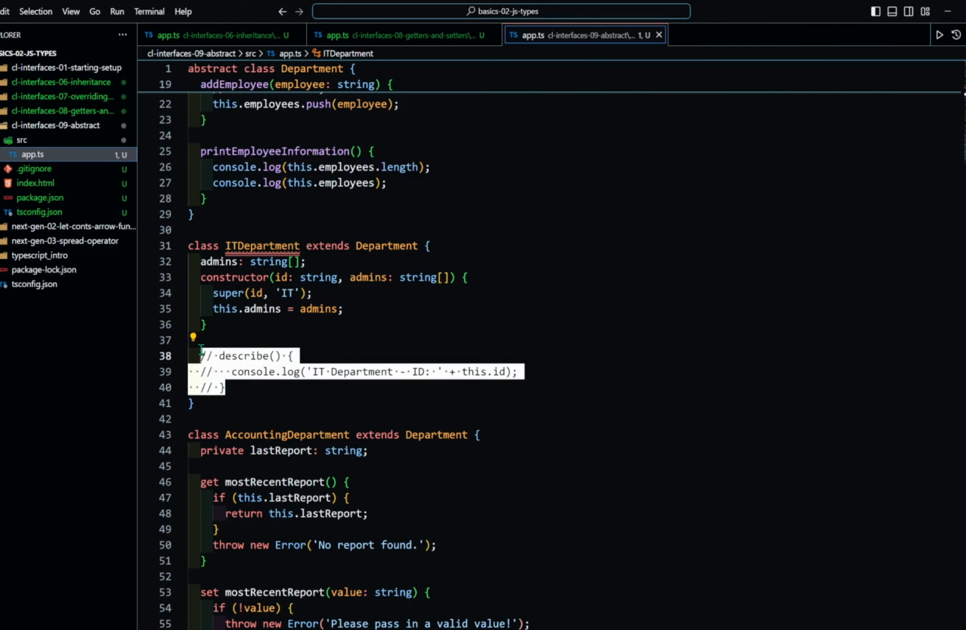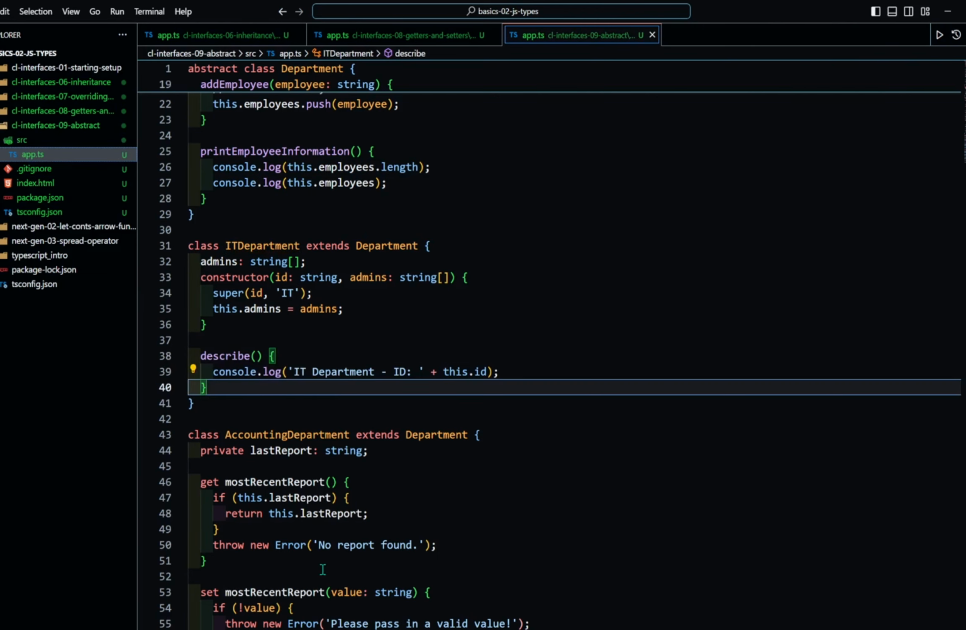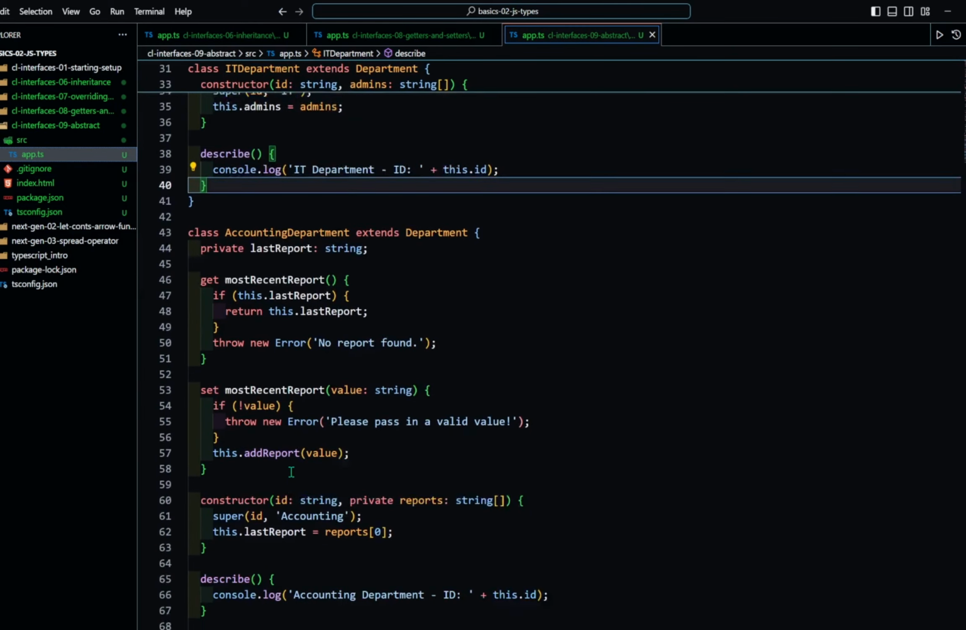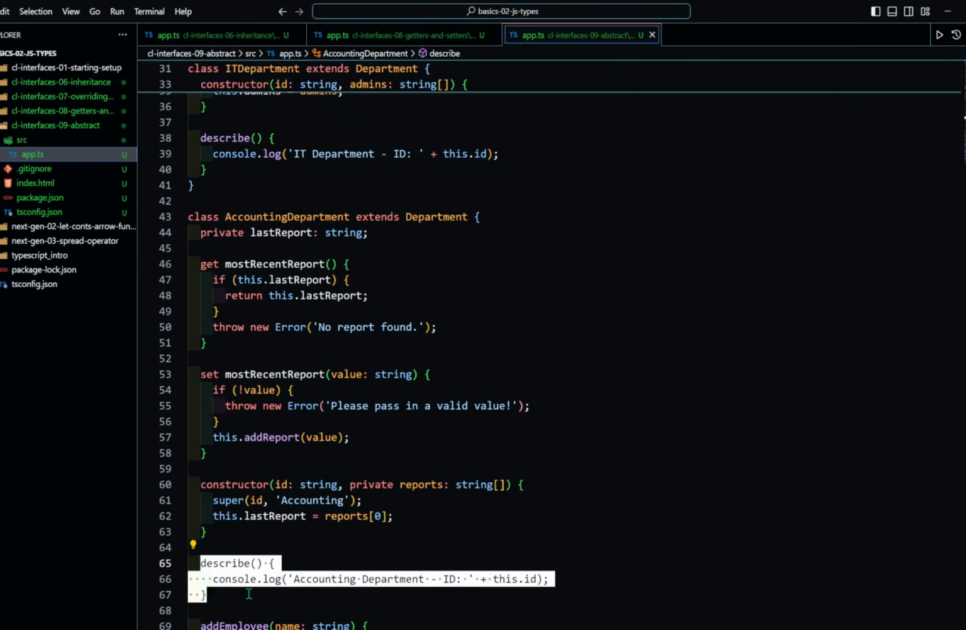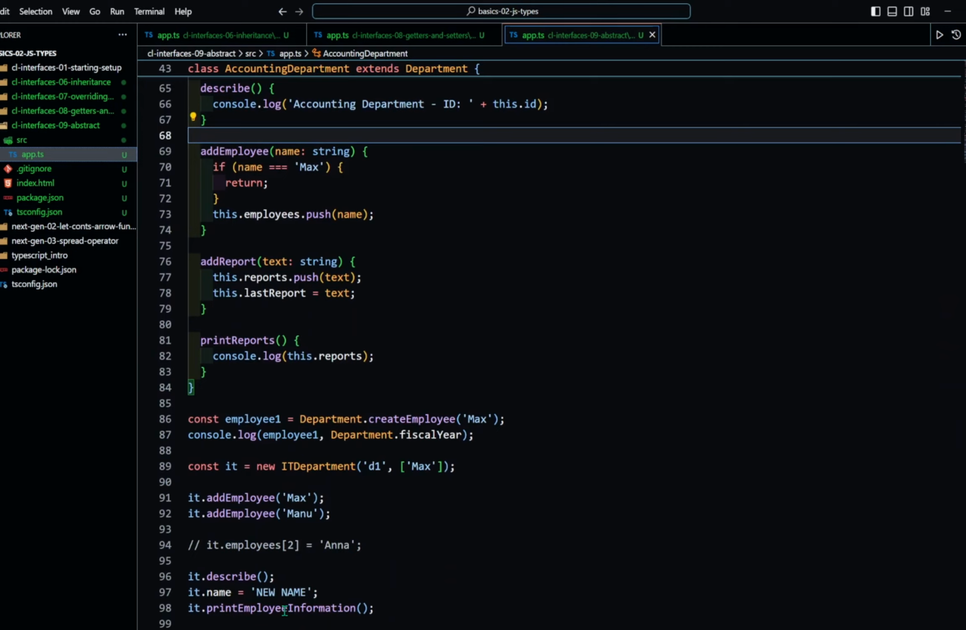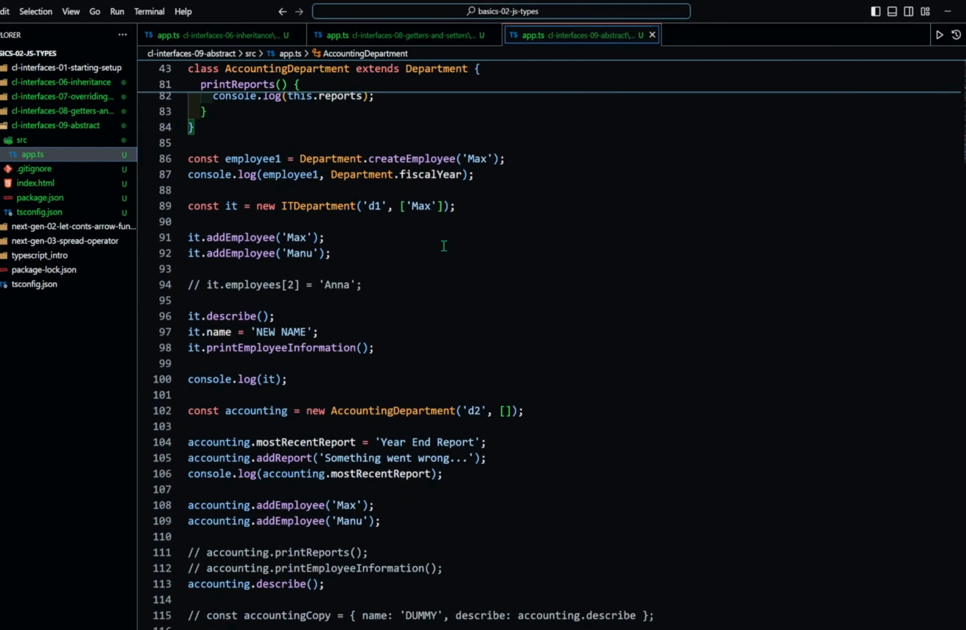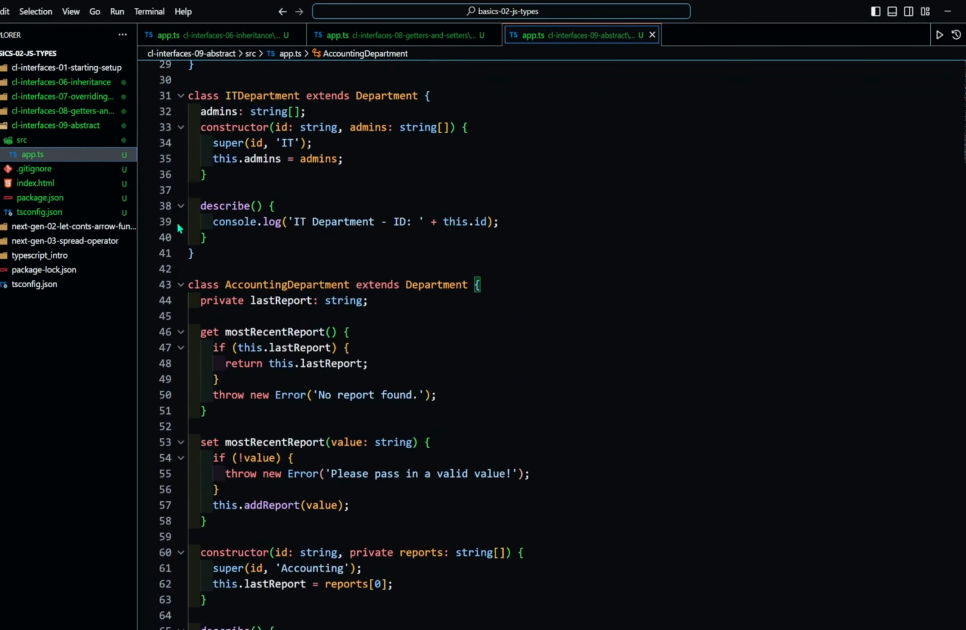We have to use the describe method here, and here in the accounting department also we are using it. Okay, so now when we run our code,